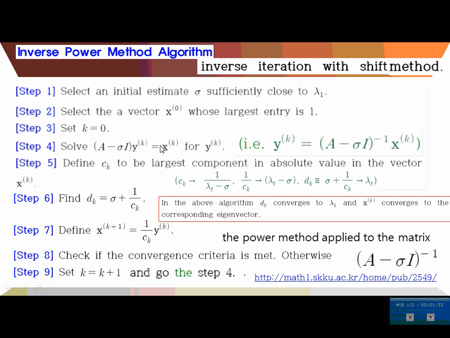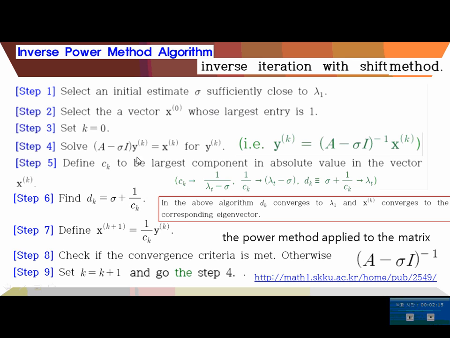This actually is a formula which was rewritten from this one. So actually, I did adopt the power method on this matrix instead of A. So this guarantees by the power method we can get the largest eigenvalue of this matrix. Here, the interesting thing is this. This CK should converge to the largest eigenvalue of this one, which has this form, because this is inverse and this has been shifted.